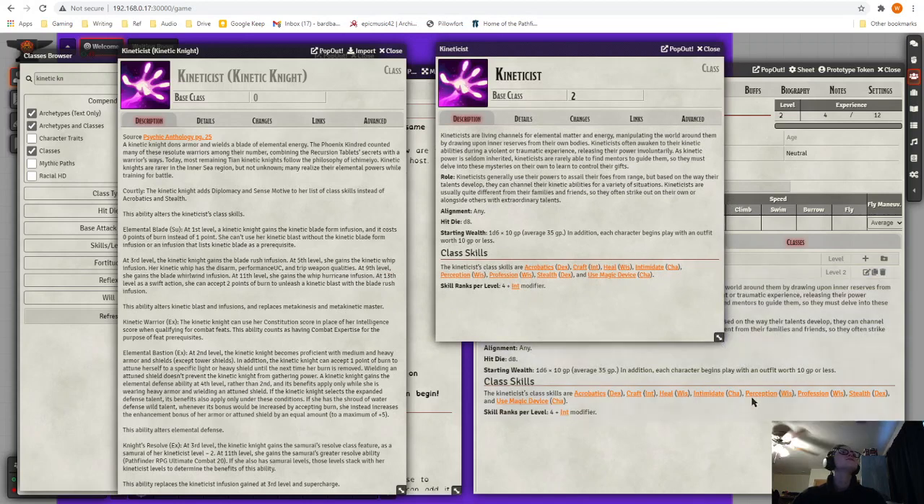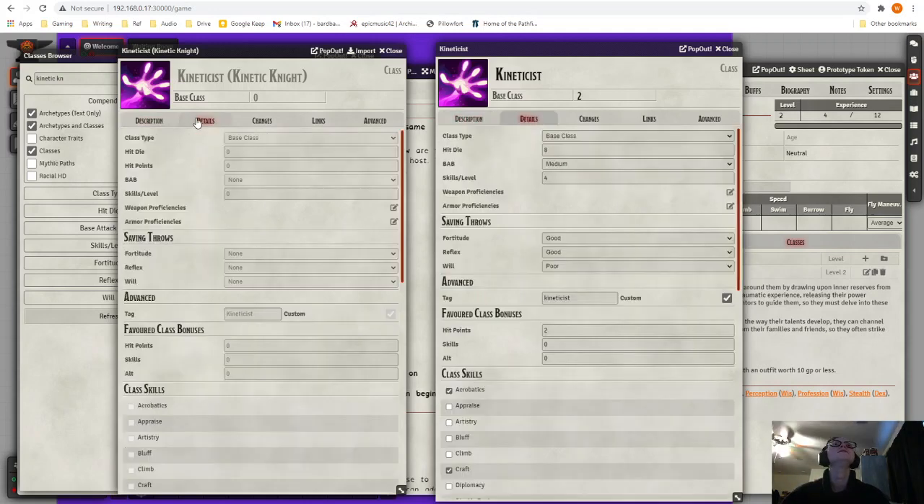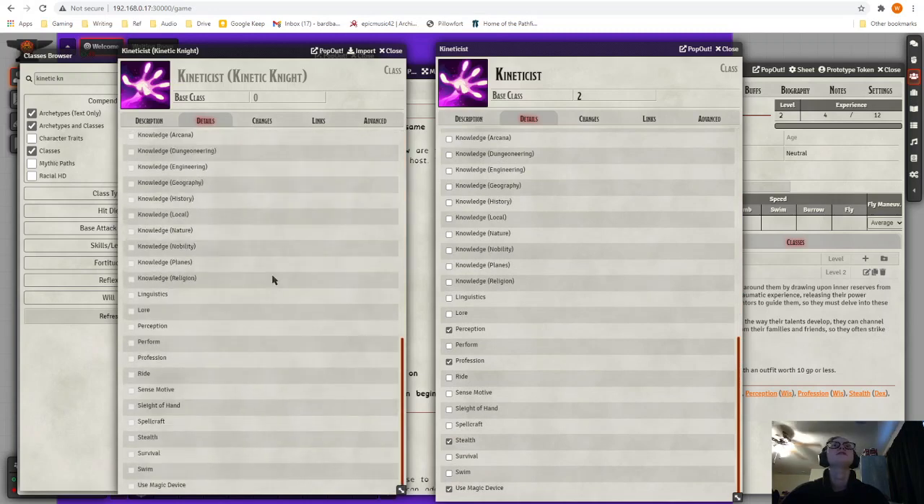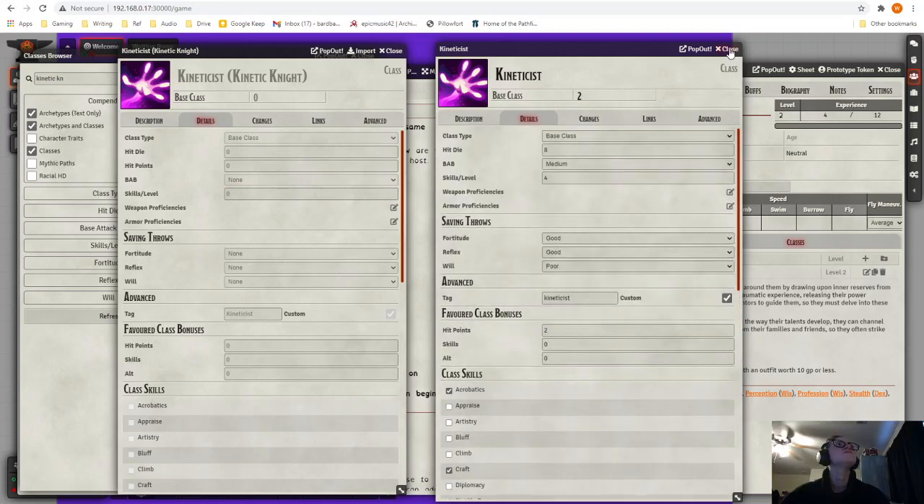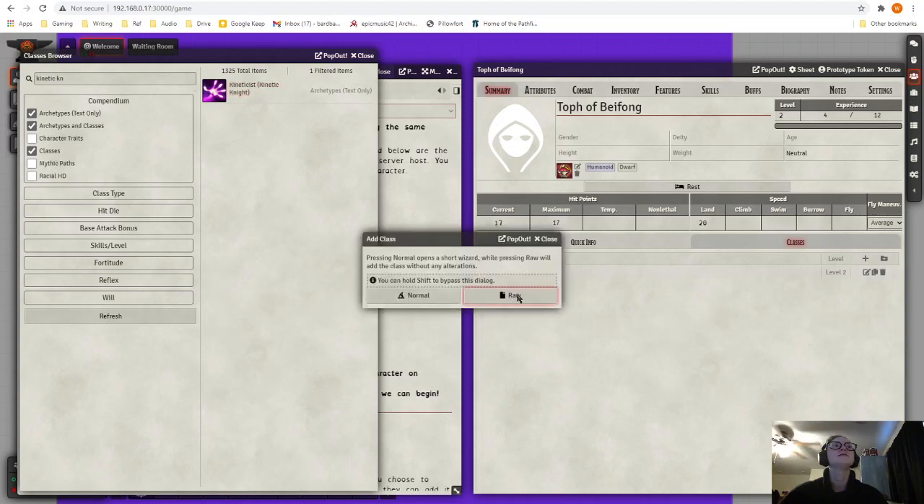If you come over here, you can see a similar setup for kineticist, but if we come over here to the details tab, you'll notice there's a whole bunch of stuff filled out on kineticist that isn't filled out on kinetic knight. And that's what it means when an archetype is in the archetypes text-only compendium. So I'm going to add this and click raw,